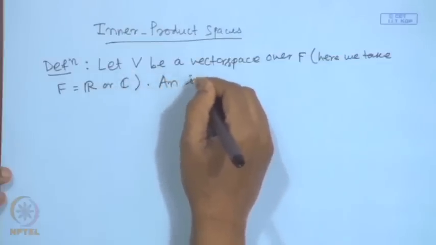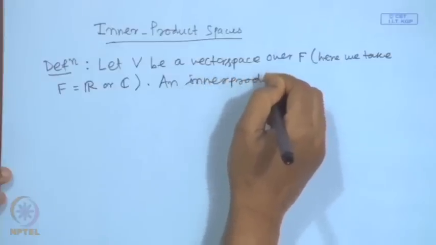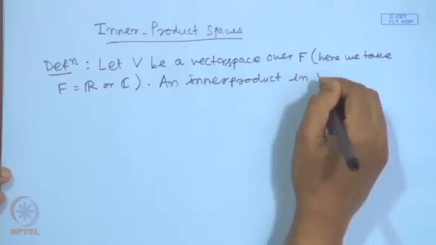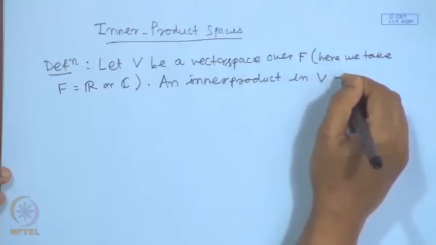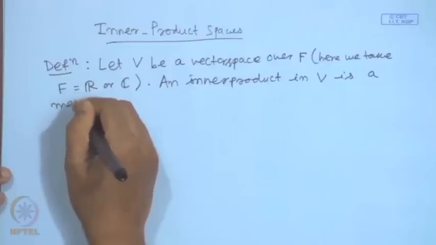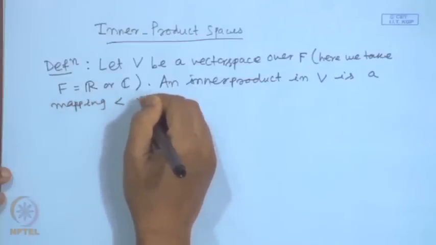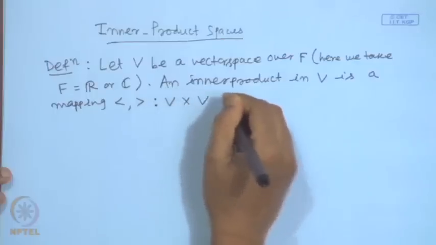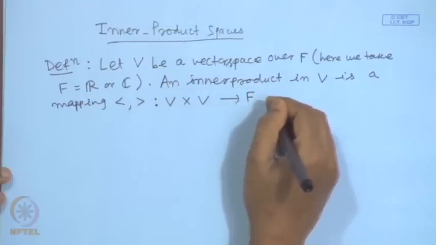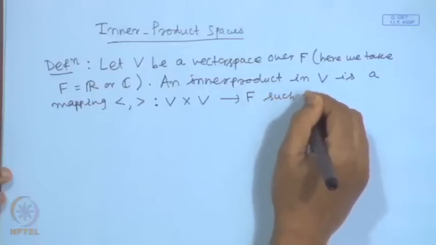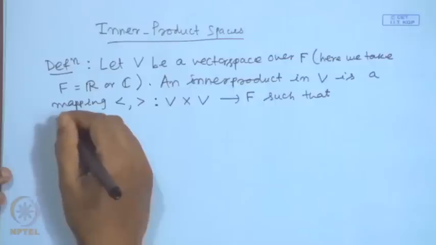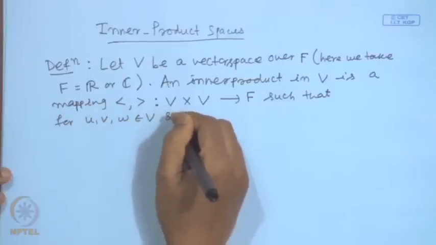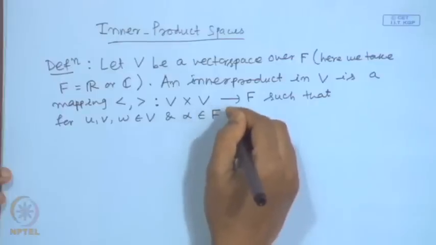An inner product in V is a mapping from V cross V to this field F, such that for vectors u, v, w in the vector space and scalar alpha in the field F,